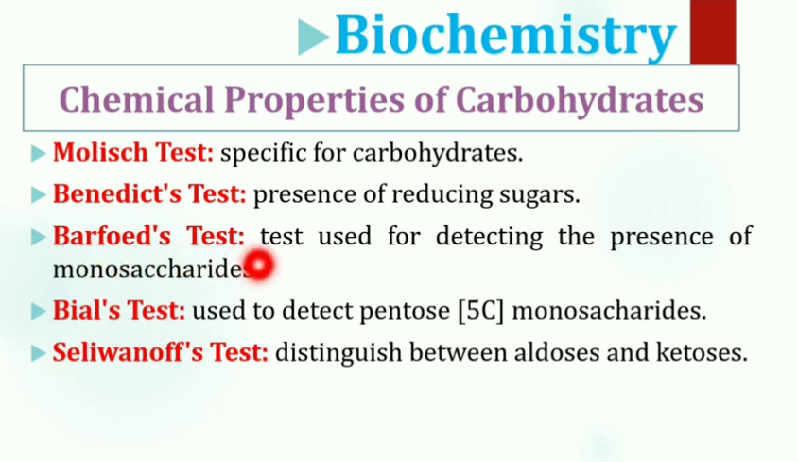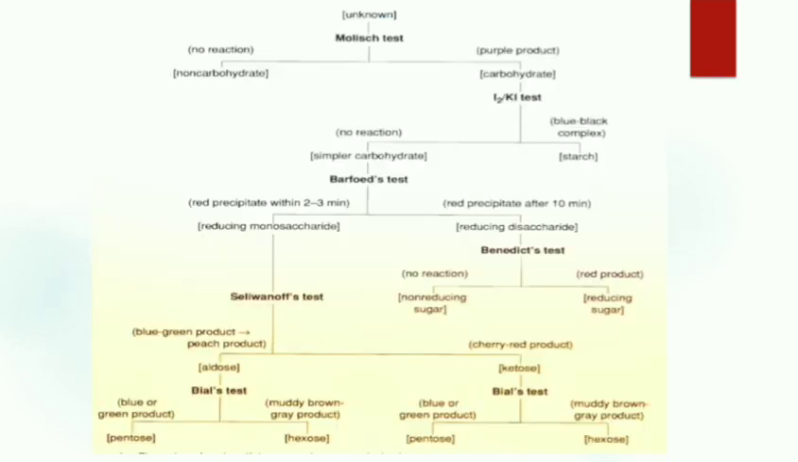Then the Barfoed test, which is used for detection of the presence of monosaccharides. Okay, the Bial test, which is used to detect pentose in monosaccharides. And the last one, the Seliwanoff test, which distinguishes between aldose and ketose. For distinguishing between aldose and ketose, we can use the Seliwanoff test. Now for the identification of carbohydrates, when you have unknown compounds related to carbohydrate,